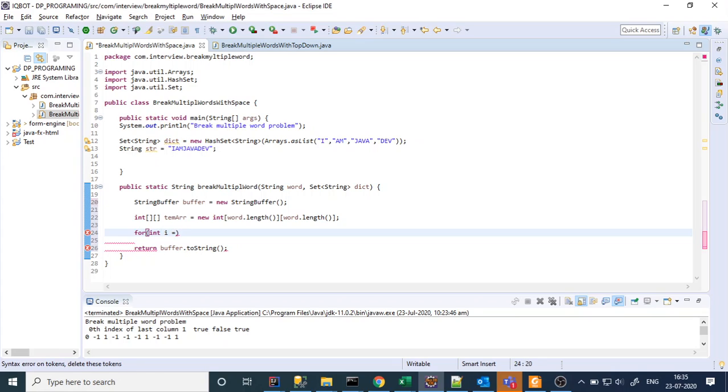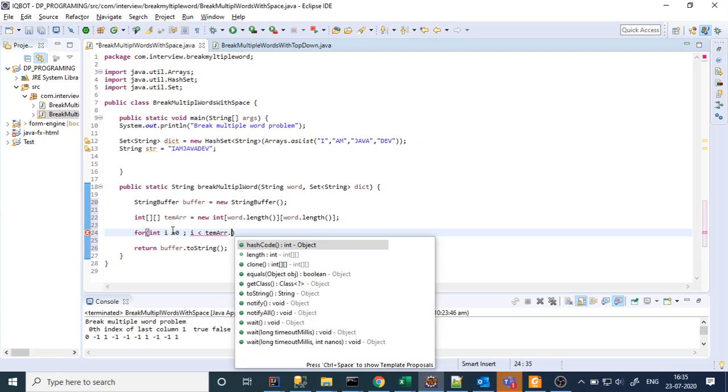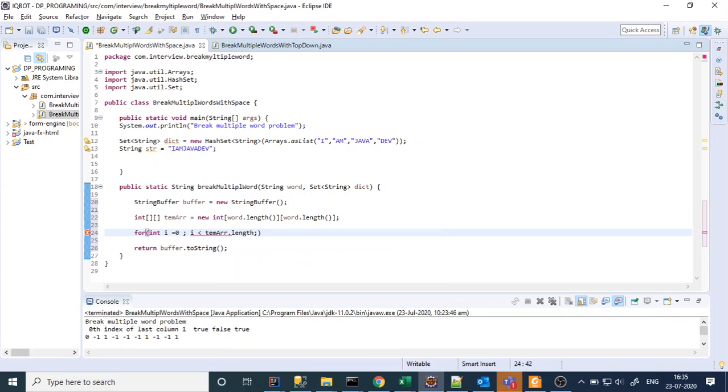For int i equal to 0, i less than temp array.length, and i plus plus.